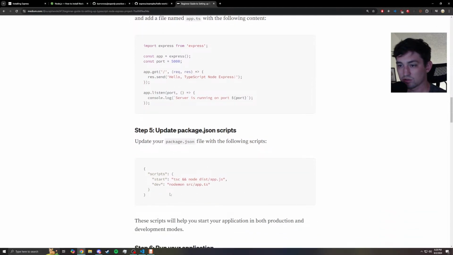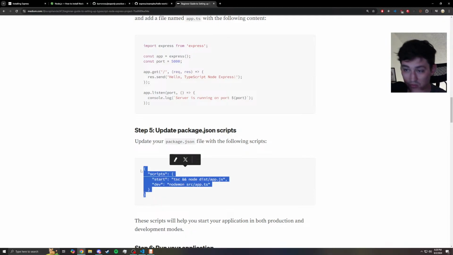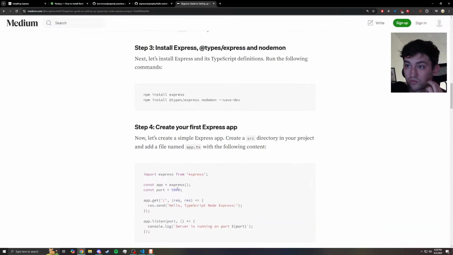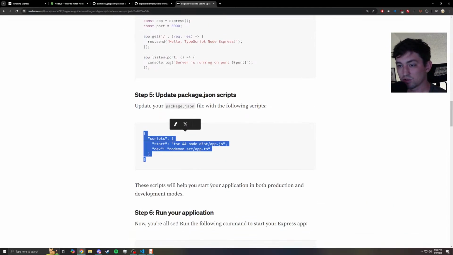Update package.json scripts. Following scripts. Wait, did I? Okay, yeah, we got nodemon. TSC and node dev nodemon src app. Okay. So these are essentially, we're going to say npm start, and it's going to start the app that's in the dist folder here, and then we're going to have npm dev, which is going to